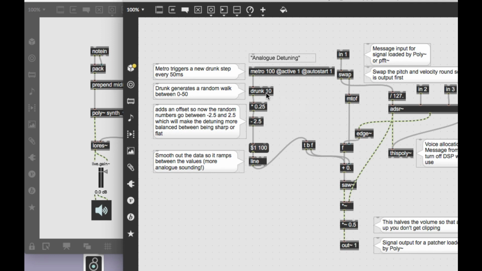To make those numbers a bit smaller, I've multiplied them by 0.25. So if I get a float now, because we're in floating point, we're getting a smaller voltage, if you want to think of it as a voltage, from 0 to 2.5. Okay, well that could work, but the problem is,